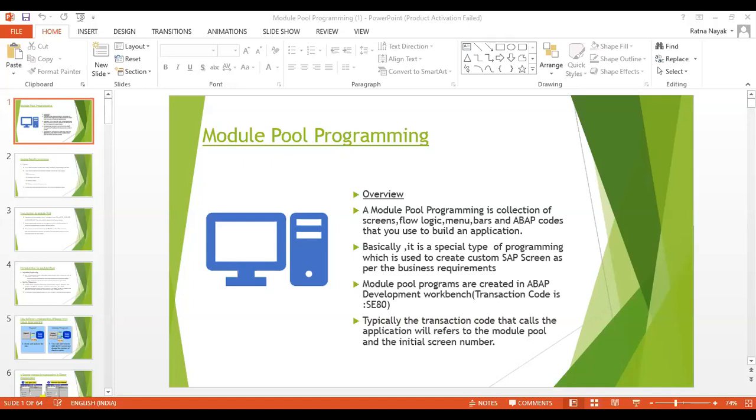What is a module pool program? Basically, every program or block of coding, you will write in